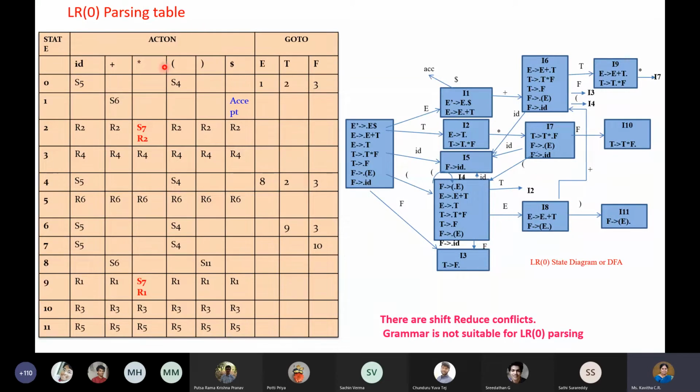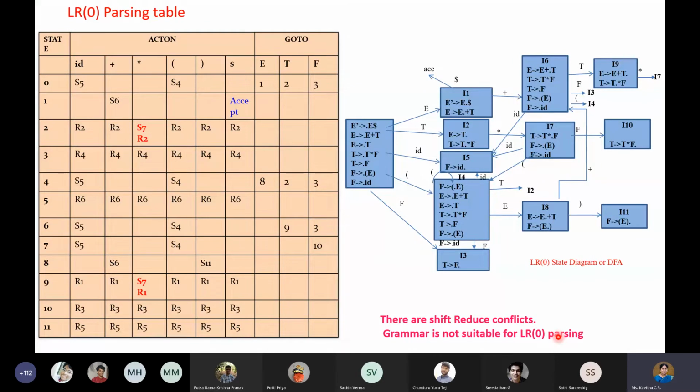Okay, so this particular table has shift-reduce conflicts. Therefore the given grammar is not suitable for LR(0) parsing. Why? Because the conflict is there. Because the conflict is there, the compiler cannot perform by itself, or it has to use some strategy, as I mentioned, and give priority to something and then proceed. That's how it works. Anyway, we can conclude that it is not suitable for LR(0) parsing as it is, but with some strategy, yes, we can continue parsing.